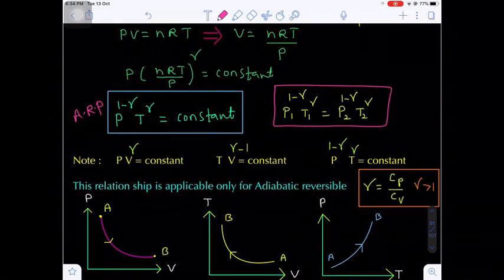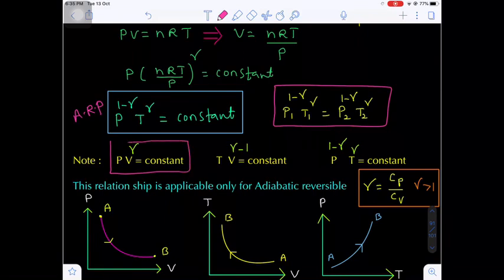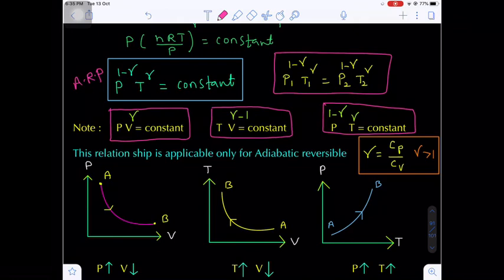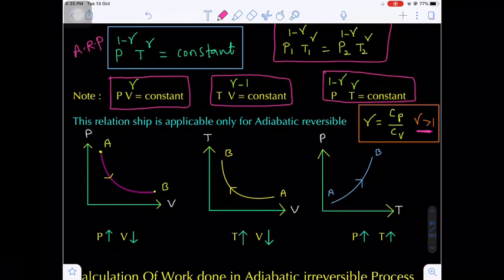So there are a total of 3 relations we have. What is the first relation? PV to the power gamma is equal to constant. What is the second relation? T V to the power gamma minus 1 is equal to constant. And what is the third relation? P to the power 1 minus gamma into T to the power gamma will be equal to constant. Where gamma is the Poisson ratio, that is Cp by Cv, and we know gamma value is greater than 1. This relationship is only applicable